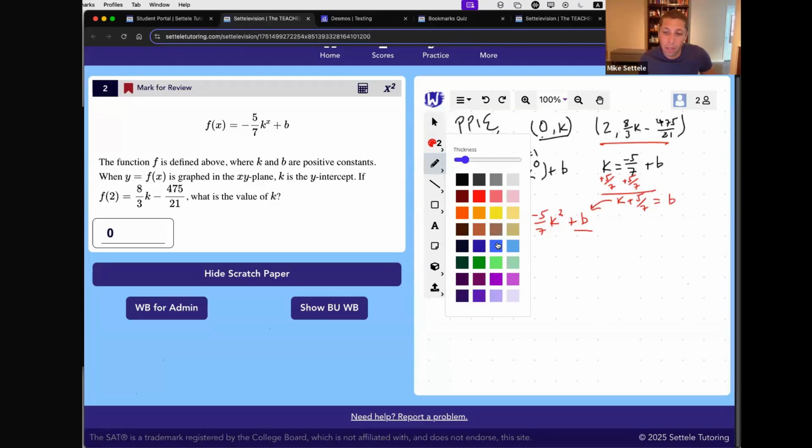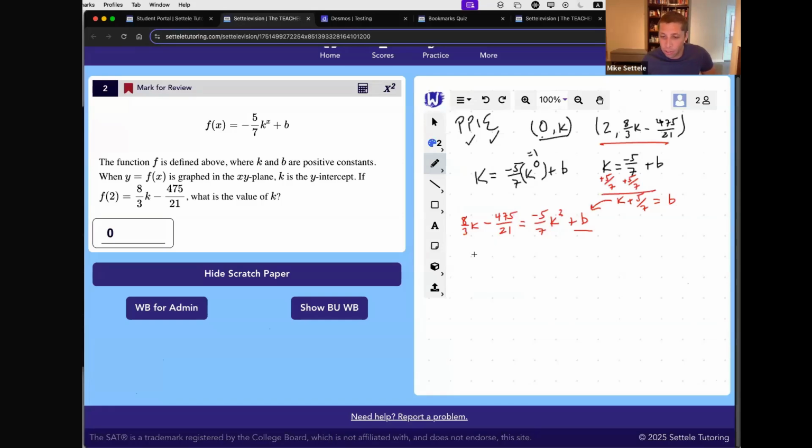So again, feel free to ask questions. I know this looks insane, but if I were doing this on the SAT, I'm thinking very, very little. I am just being a robot. I was told to plug points into equations. I did it. Now I've got a b that I want to get rid of. I'm plugging something in. So that's plus k plus 5/7. Now we've got what we want.